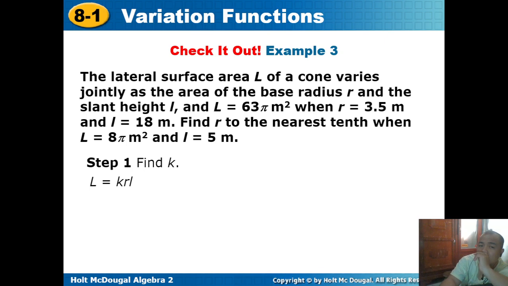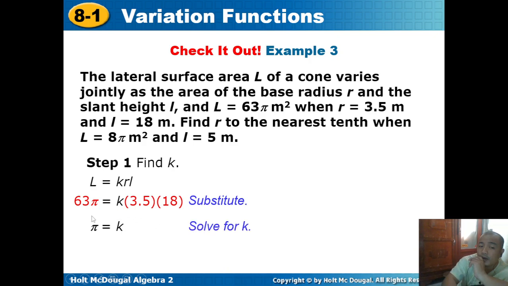It says here the lateral surface area L of a cone varies jointly as the base radius R and the slant height l. So, equation is L equals K R l, small letter l. So from here, let us substitute: 63 pi equals k times 3.5 times 18. So solve for k, just divide 63 pi by 3.5 times 18,